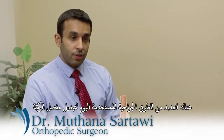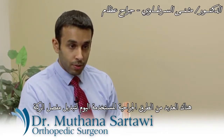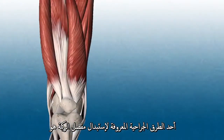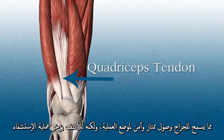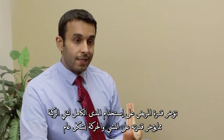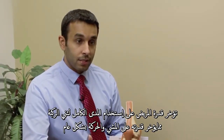There is a handful of surgical approaches used today by orthopedic surgeons to approach the knee. One of the most commonly used surgical approaches is to cut the quadriceps tendon, which is a main tendon of the knee. This gives the surgeon excellent exposure to place the components safely. However, it compromises the patient's early recovery. It delays his ability to perform a straight leg raise and therefore delays his ability to walk